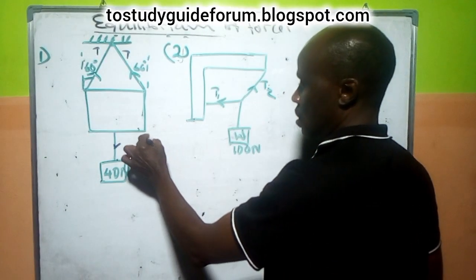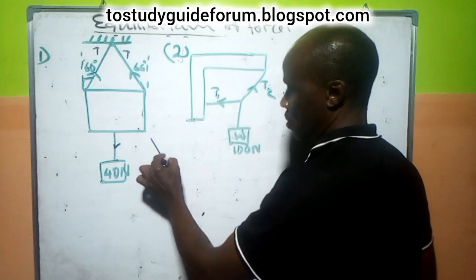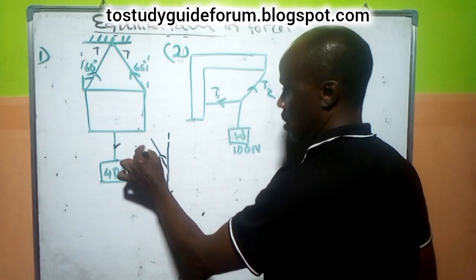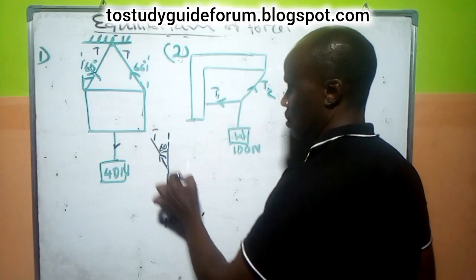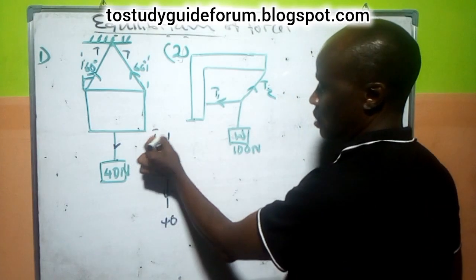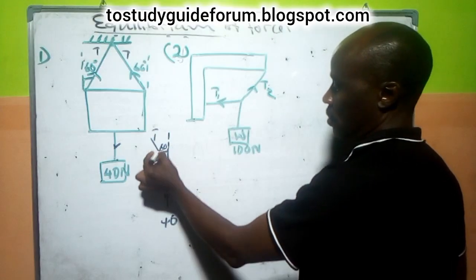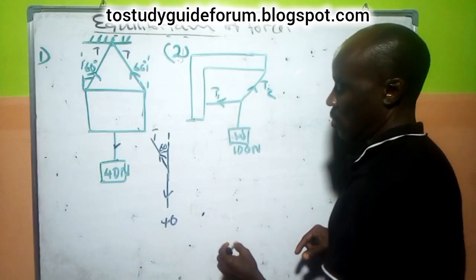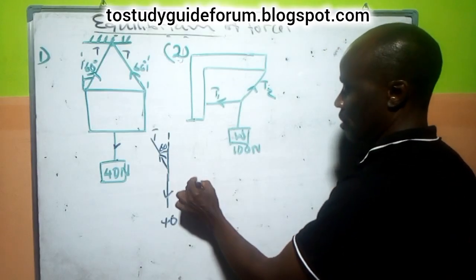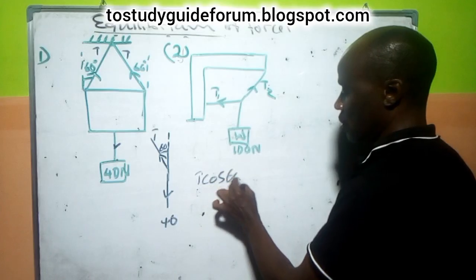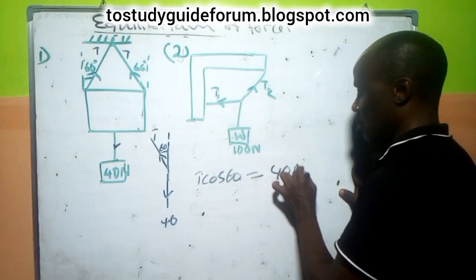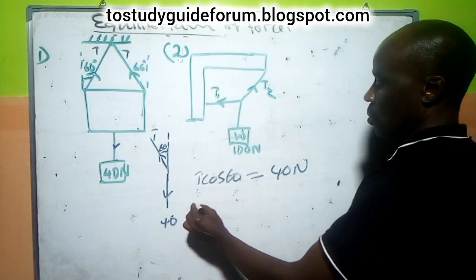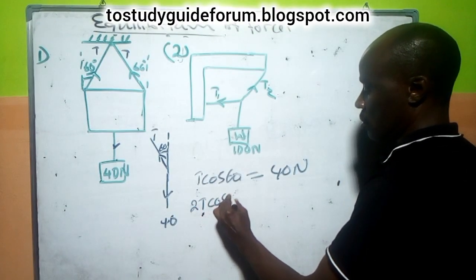So if you resolve the force, if you draw the force diagram, what we have is 40 Newton, here is tension, here is 60 degrees. So in this case, getting the vertical component of this force, remember the position, this 60 is adjacent to the angle, so we have cos. That should be cos. So that means T cos 60 will give us 40 Newton. But the tension we are looking at now is 2, that means 2T cos 60